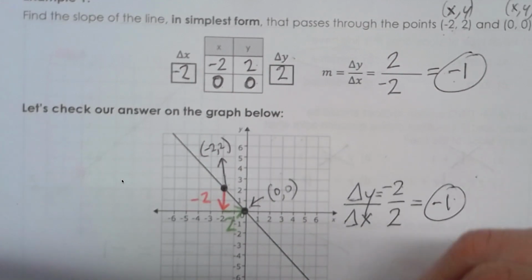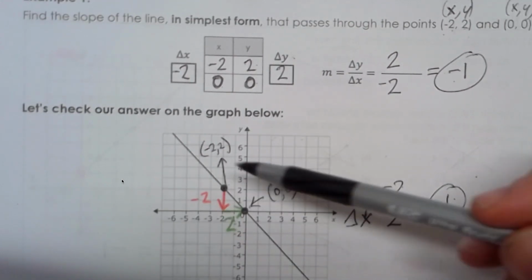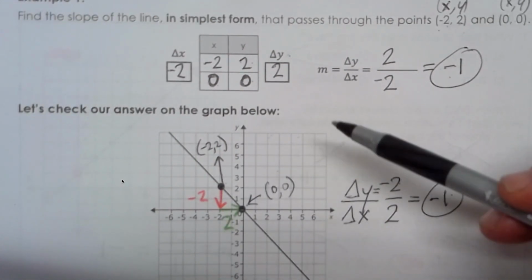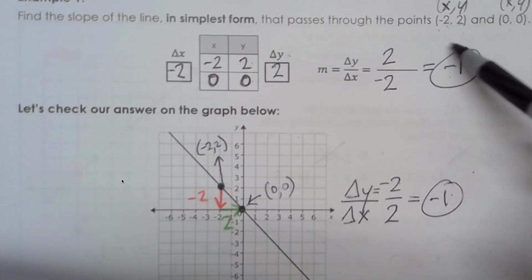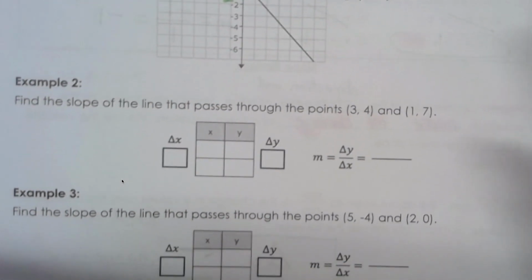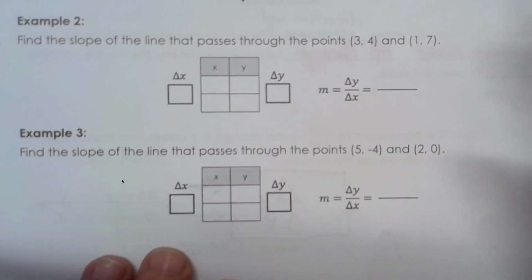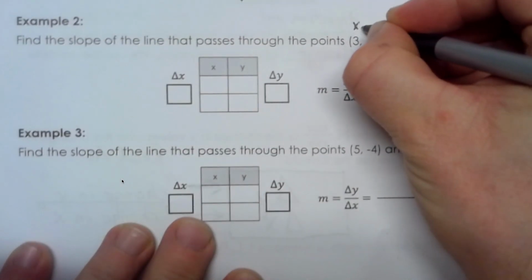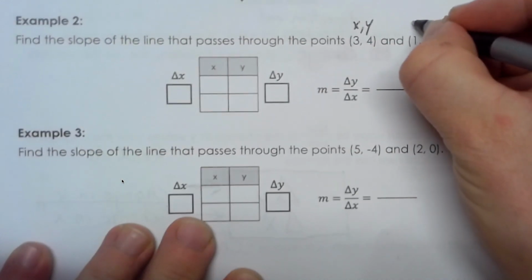Okay, sometimes, though, this method isn't so great because the numbers that we are given are too big. They won't fit on the graph. So sometimes this is the only way we can really do it with the tools that we have. So let's do 2 more examples together, and then I'm going to have you guys do these. So it's helpful to write the x and y